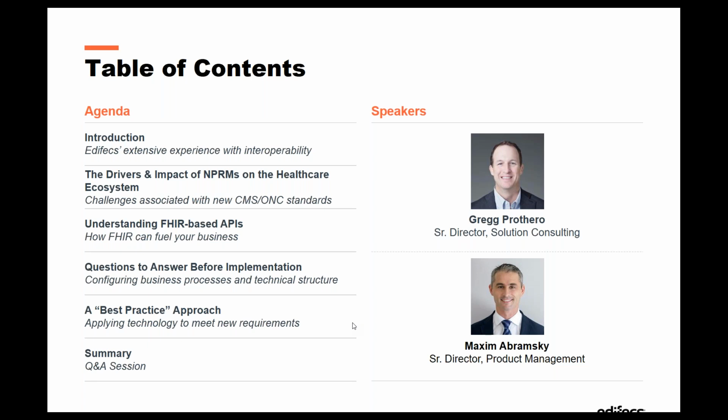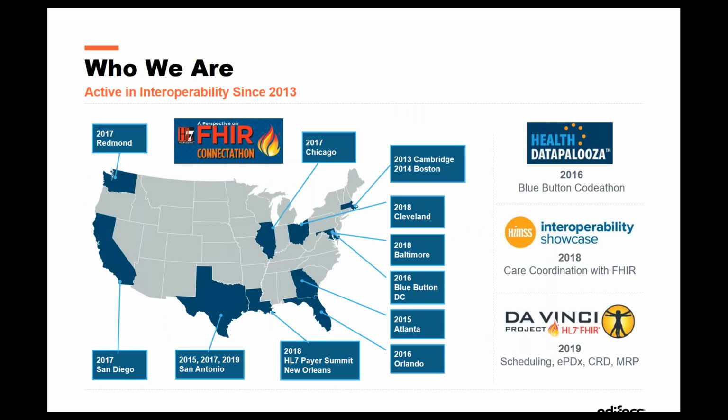I'm going to start us off with a bit about what's happening in the industry from a rules perspective, from ONC and CMS, some of the drivers, and then a very basic overview of a FHIR-based open API, what it is and what you can do with it. Then Maxim's going to get into the final half, really the best practices before implementation, questions to ask, and then the approach. We do have a ton of content, so I'm hoping we get through it in the time allotted. We want to keep this as educational and informational as possible, but on the first slide, we have to tell where we came from and how we've learned this information.